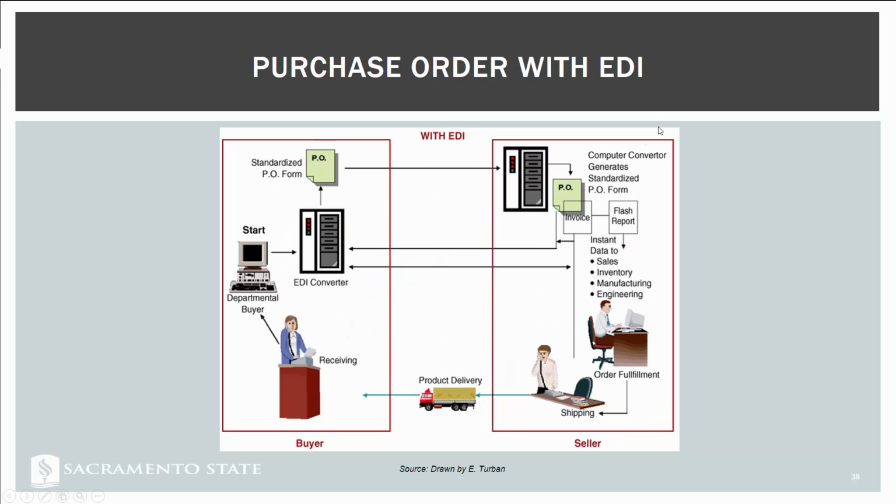Whereas with EDI, and I'm less concerned about the exact details of this slide, and more the concept, the buyer creates an EDI request, and that's standardized in a particular purchase order form, and that's through the use of a network, like an extranet, that's used to connect to the supplier, the seller, and the seller receives that, and that information instantly gets sent to the various systems it needs to,